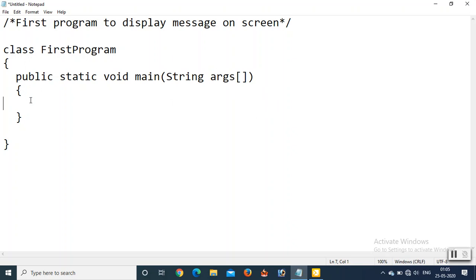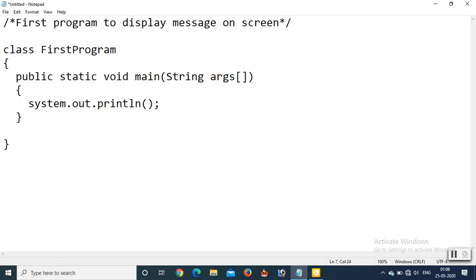Now I am going to print Welcome to Java world. So how to print this? Using one print method, or you can say a print command. So in Java, how to write the print command? It's very simple. System dot out dot println, and then bracket, and then the termination symbol, that is semicolon.